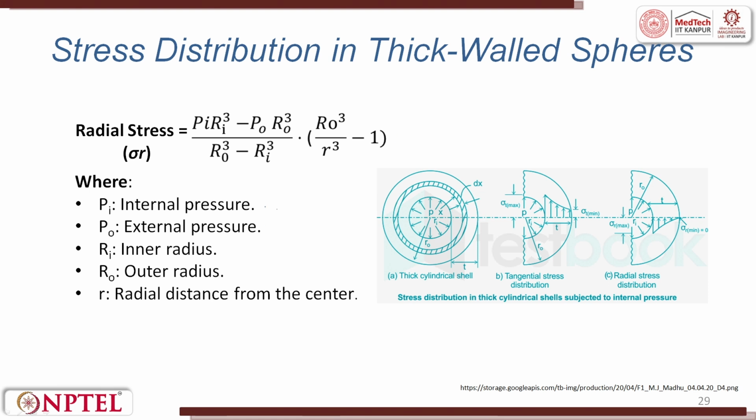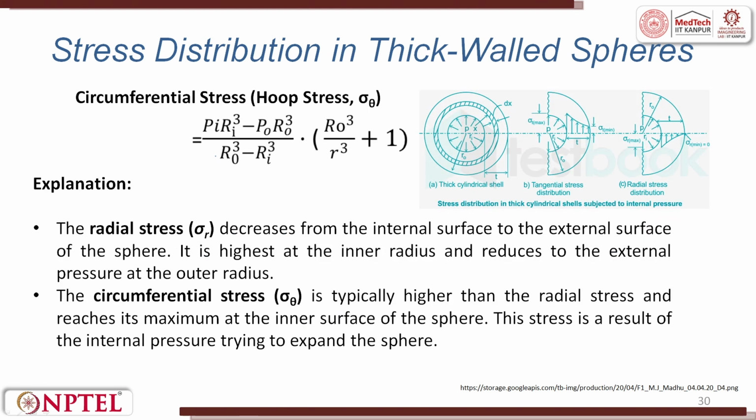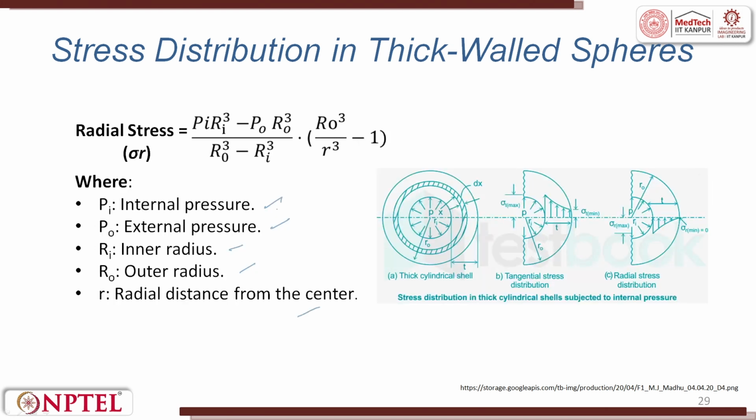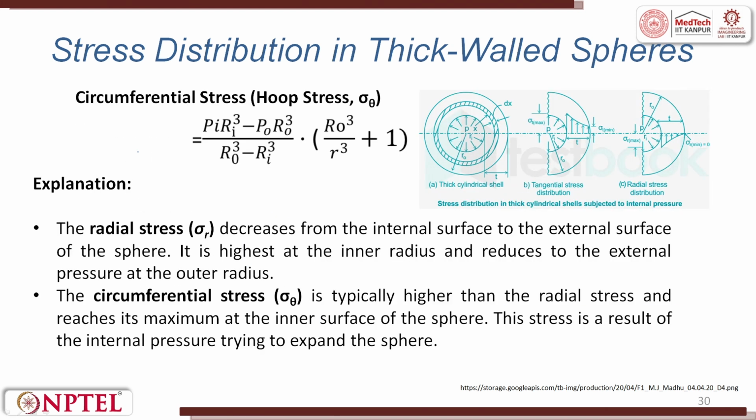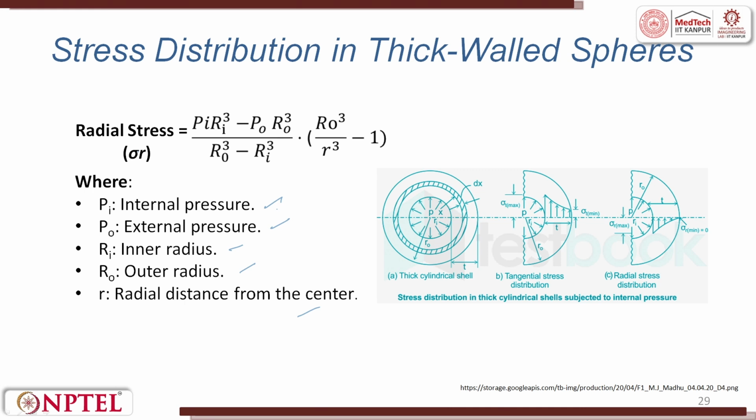So internal pressure, external pressure, inner radius, outer radius, and radial pressure. Outer radius, if it is atmospheric pressure, so we should calculate P naught. When we try to calculate the hoop stress for a given material, it is calculated by this formula. The difference you should see is it is minus 1, here it becomes plus 1, rest all is